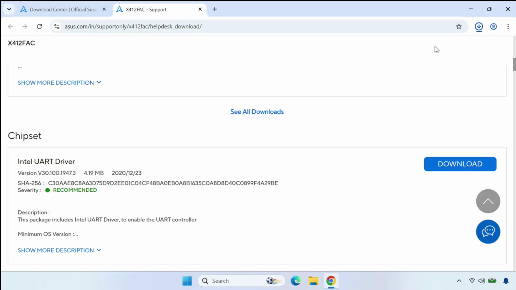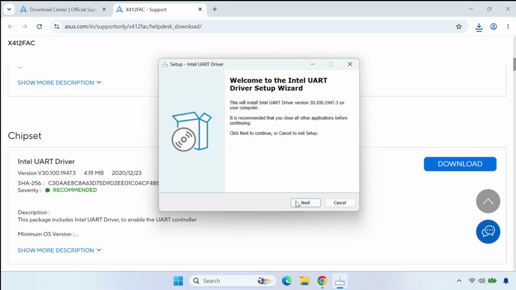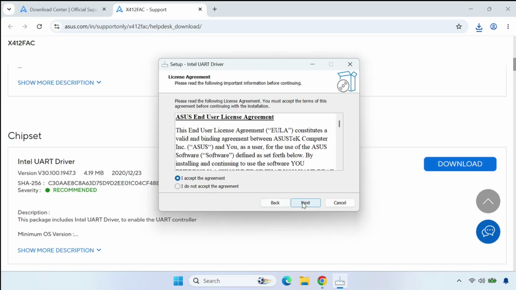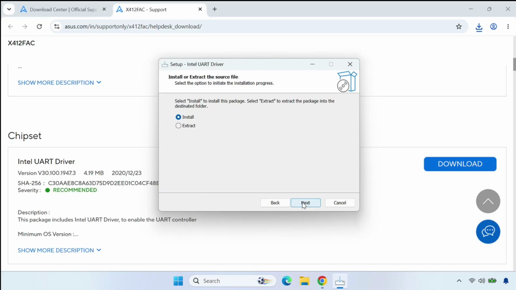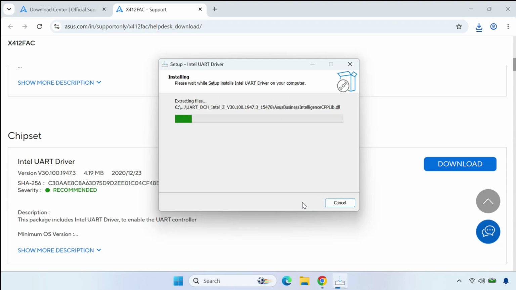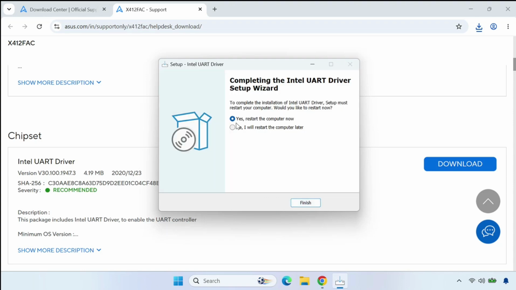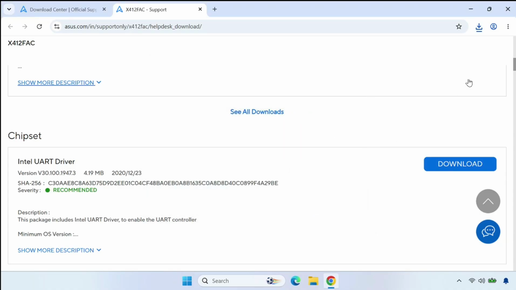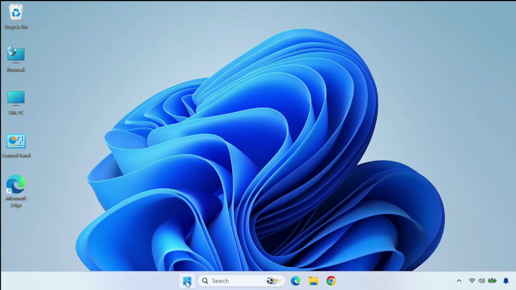Now it has started. When it is completed, just single click to open, then click OK, then next, I accept, then next, install, and yes. Select no. One more command needs to be used, and after that restart. Close this, then again click Start and